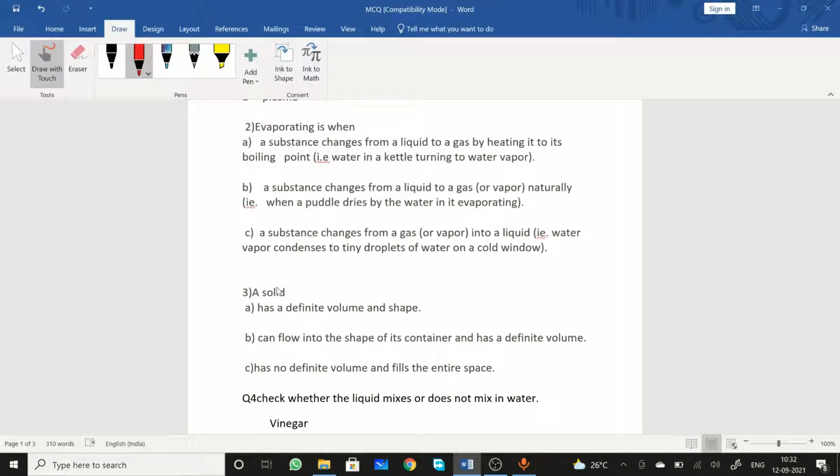Evaporating is when a substance changes from liquid to gas by heating it to its boiling point. A substance changes from liquid to gas naturally. A substance changes from gas into liquid vapors, condenses to tiny droplets of water on a cold window. Please write down your answer in the comment section. So your right answer is a substance changes from a liquid to gas naturally also, because not